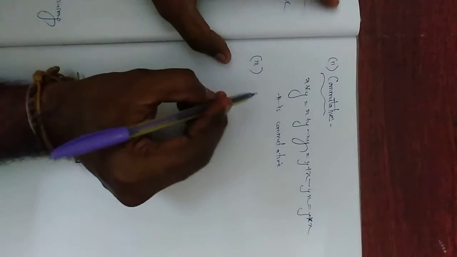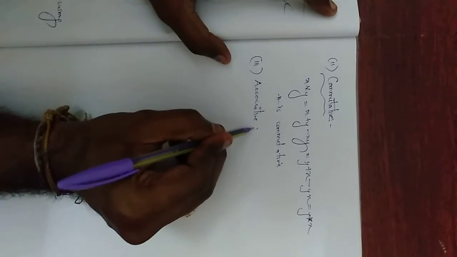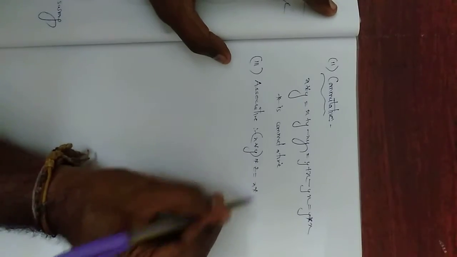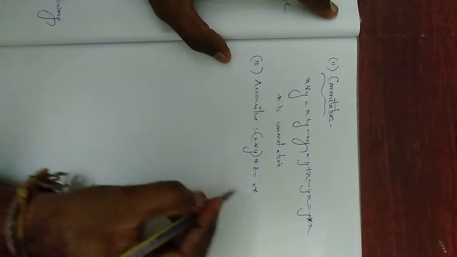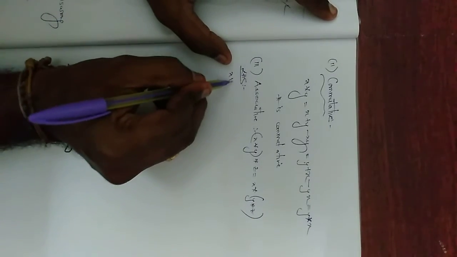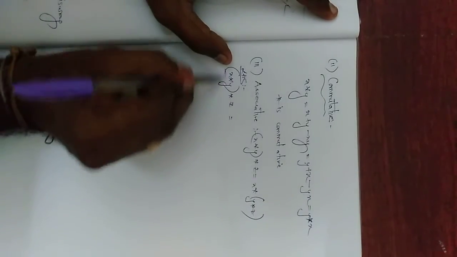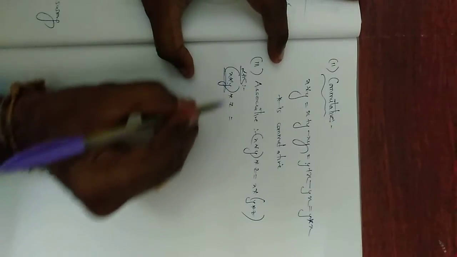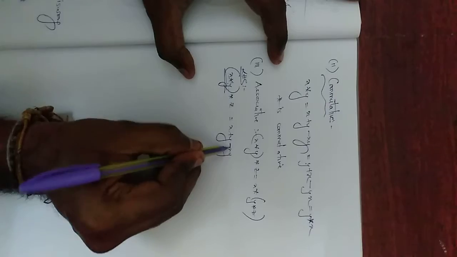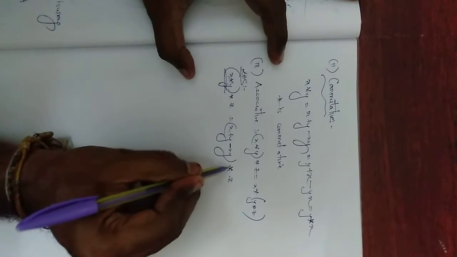Next, the third subdivision, an important one, associative. You know the associative formula. What is associative? x star y star z is equal to... for associative we know we take three elements, x star y star z. First I will take the LHS, x star y star z. First I will take x star y. What is x star y? First two elements are present. First I need to add, then I need to multiply. By putting it separately I need to multiply. After that star is put. So in the middle there is star.